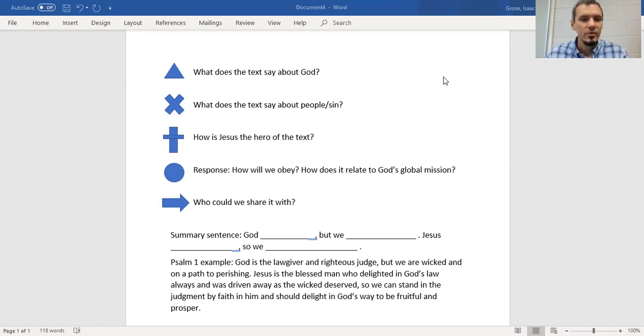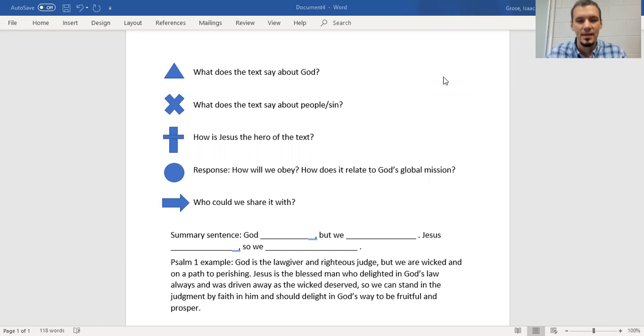And then finally, we want to think about who can we share this with, who can we pass along what we've learned to, so that we develop a habit of going to Scripture not just for ourselves, but for other people. So now, as we've gleaned these different things from the passage that we've read, we can then pull it all together into kind of a summary